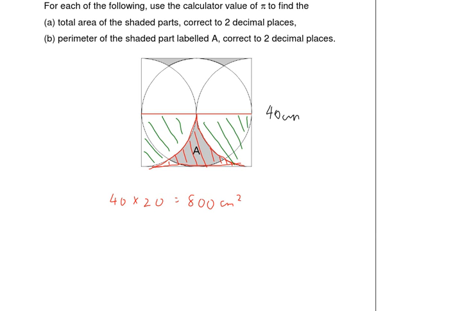Yes or no? Okay. And for the semicircle, the formula will be half multiplied by pi multiplied by r multiplied by r, which is half multiplied by pi. The radius is 20, so 20 times 20 is 400, half of it is 200 pi cm square, right? So to get the total area of the shaded part, very simple. You just need to use 800. Final step,